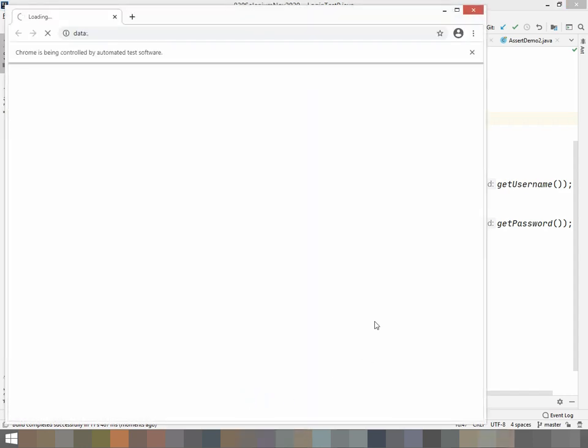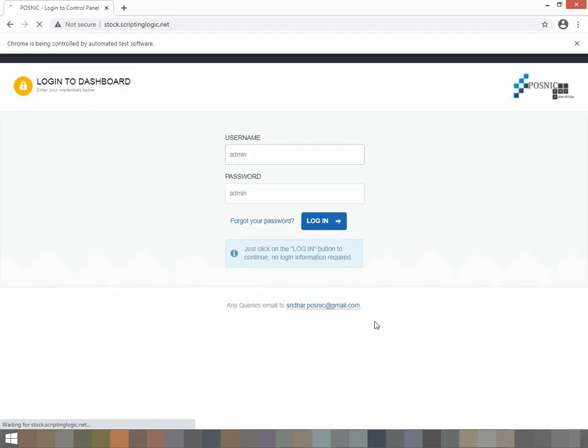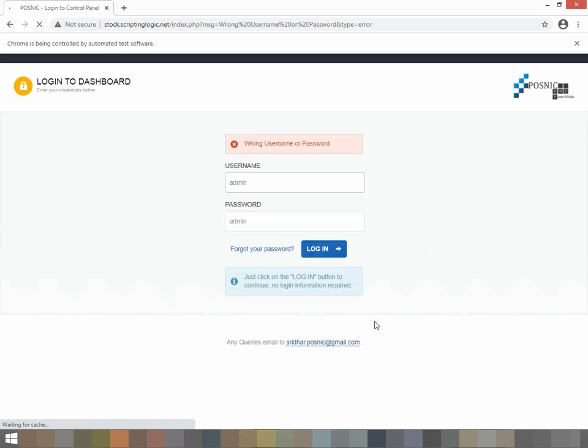The program is running, so the browser is opened. It is maximized. The login page is getting opened, and you see, the operation is done.